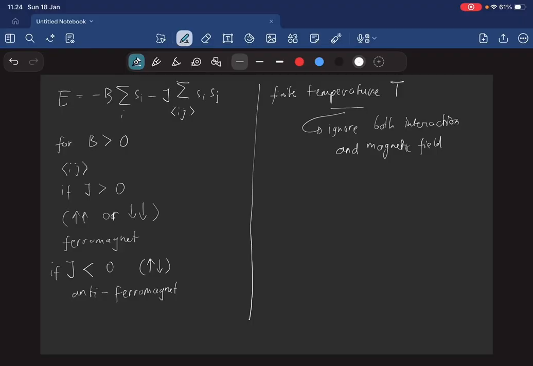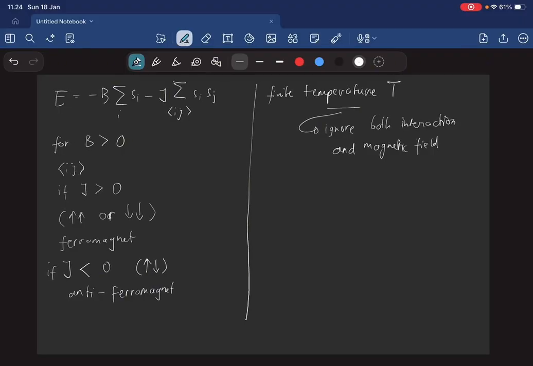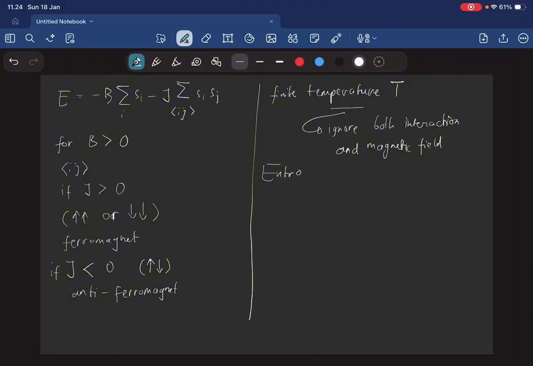Because at finite temperature, energy is no longer at a premium. Instead, entropy becomes more important. Since there are many more random configurations than aligned configurations, the temperature will tend to mess up the nice ordered states that the interaction and magnetic field have so carefully prepared. Already we can see that, like any good story, we are starting with a healthy dose of narrative tension between